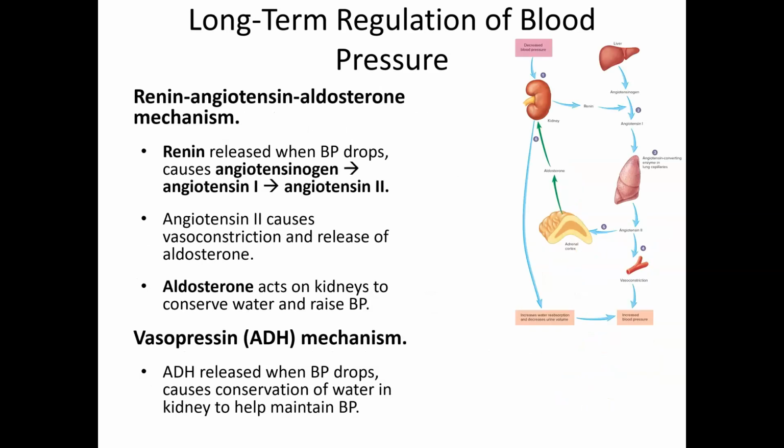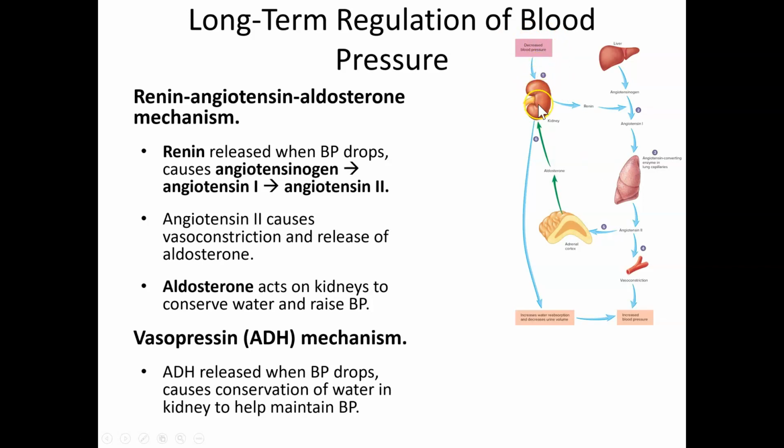Now let's move into the long-term regulation of blood pressure. We have two systems or mechanisms in place here. We have the renin-angiotensin-aldosterone mechanism, and this is going to be something that you are going to be revisiting many, many times. So it's good to have this memorized pretty much right now. So let's start with when we have a decrease in blood pressure, our kidney is going